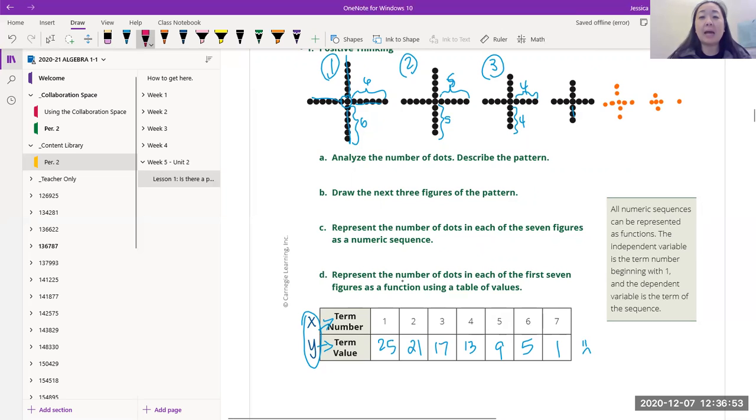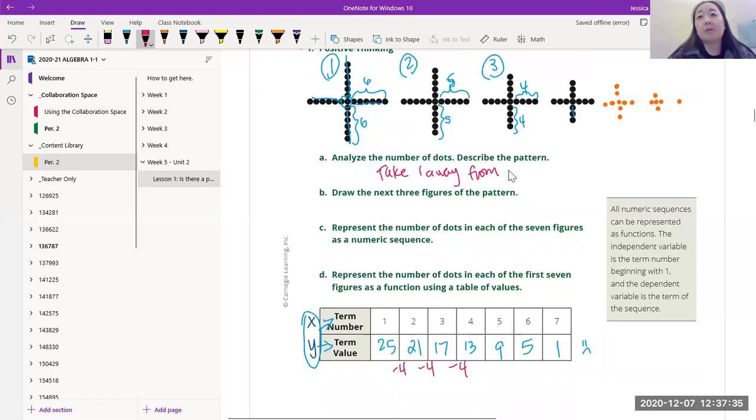It asked us to represent the number of dots in each of the 7 figures as a function using the table of values. So we started out with 25, we counted these up and it was 25. And we counted these guys up. So 5 times 4, which is 20, and then plus that 1 in the middle. So it's 21. And then the next one is 17, 13, 9, 5, and then 1. And if you notice right here, we actually do just go down by 4s. We're just subtracting 4 every single time, which makes sense because we remember our pattern was take 1 away